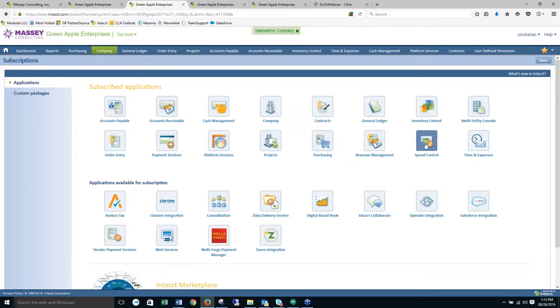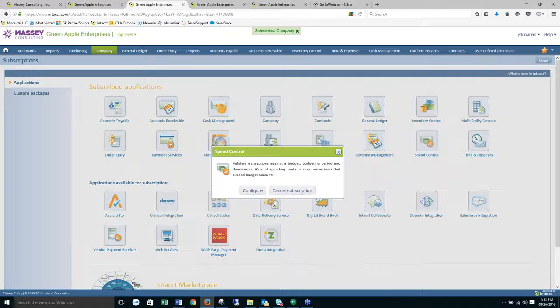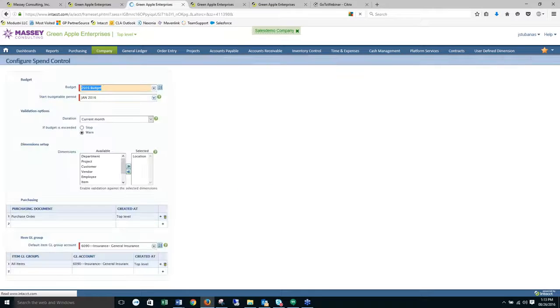and you will see this now. There's a button called Spend Control. If you haven't installed it, it will be down here under Available Applications. And the nice thing about this is it's free of charge for the Intacct users. When you click on that, you'll get a Configure button,